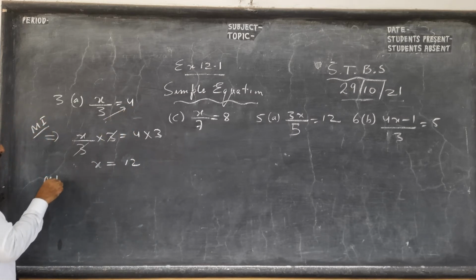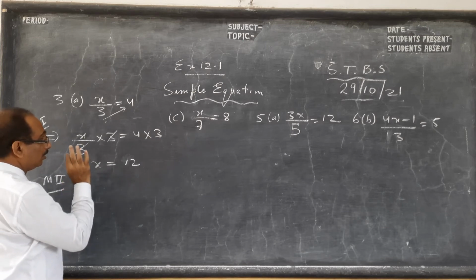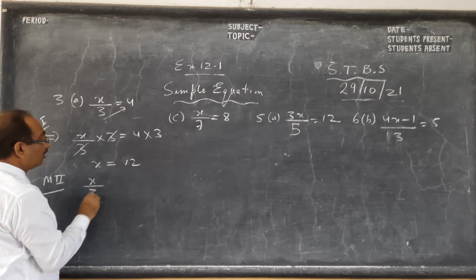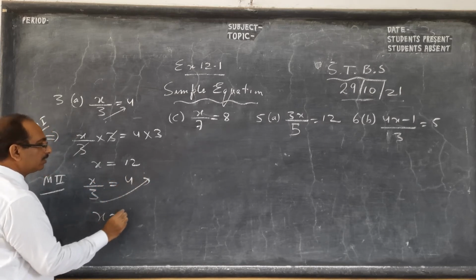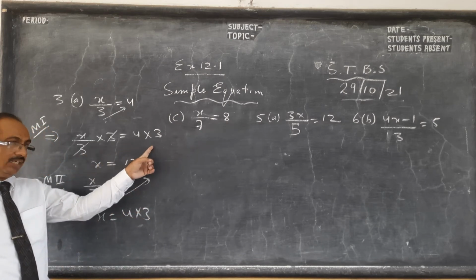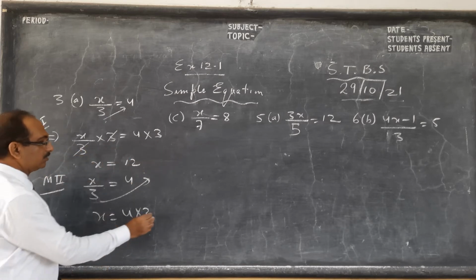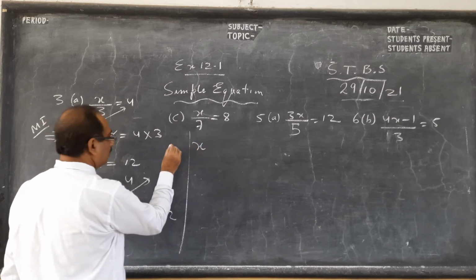So in my second method, what we call the transposing method, simply what we do, children, division becomes multiplication. 3 goes up. Actually, 3 does not go up. We divide both sides, we multiply both sides. This side it cancels, this side it remains. Okay. Same way, next question, children, method 1.